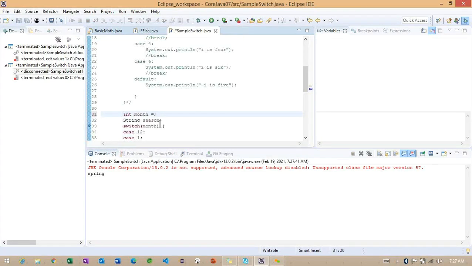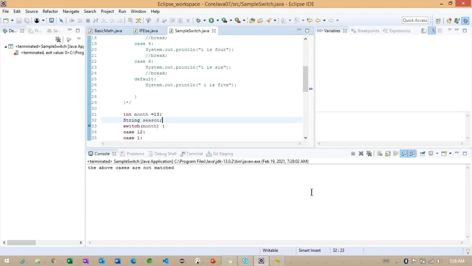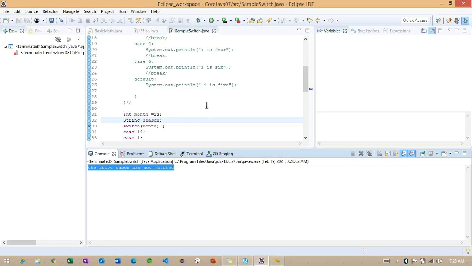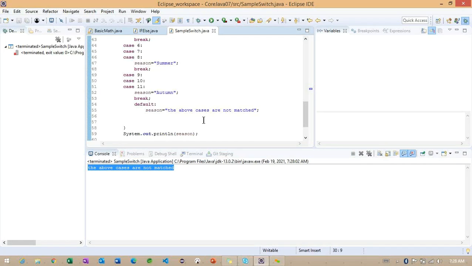You can check here something called 13. You can check directly. Now I am running. Run as running mode here. The OK is not matched here. So the default one is checking here because we provided the 13. The 13 we did not have in this particular example. Getting the point. So this is the way we can work with the switch case here, and we identified break, and we can check with the multiple cases for only one condition.